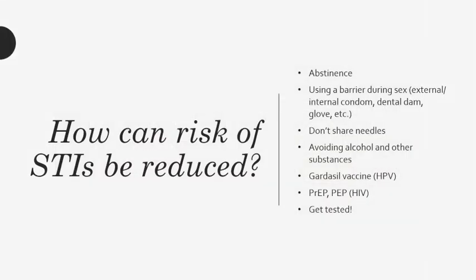All right, so next we're going to talk about how we can reduce our risk of STIs. So the surest way to protect yourself against STIs would be abstinence. That's abstaining from or not having any kind of sex, as well as not sharing needles for any reason. If people decide to engage in these behaviors, you can use a barrier during sex to help protect yourself. We'll talk about the barrier methods in a couple slides, and I will do some demonstrations for you as well. And then if you are using needles for any reason, not sharing them.